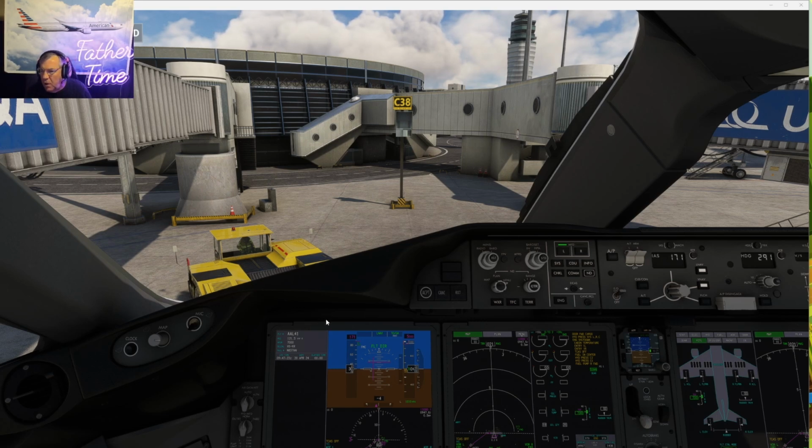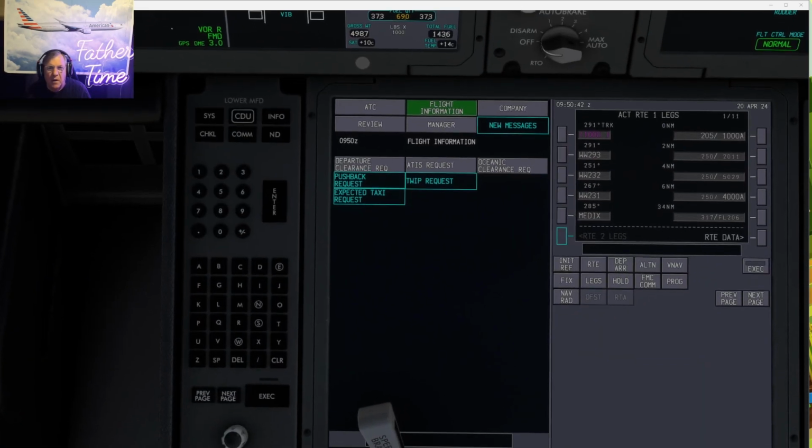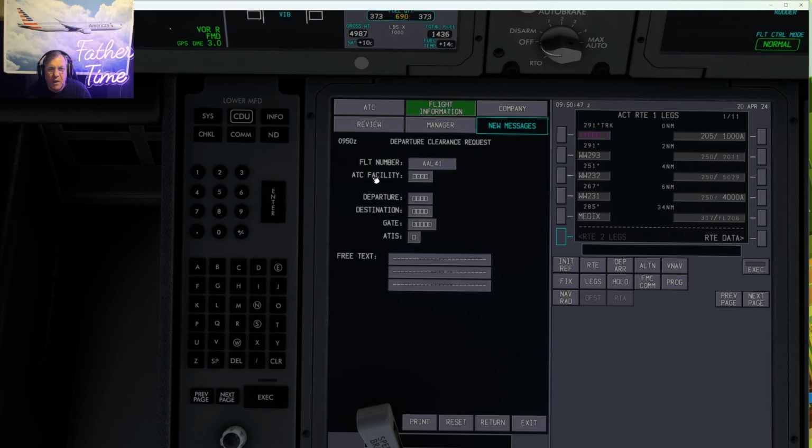All right, we'll give them a call here in about 7 minutes. They like it 25 minutes prior is when they really start accepting your clearances in the real world. All right, let's go down the box. We have about 4 minutes before we're supposed to call them, so let me come down here. And flight information, departure clearance request. See if this works. AO flight, this is LOWW